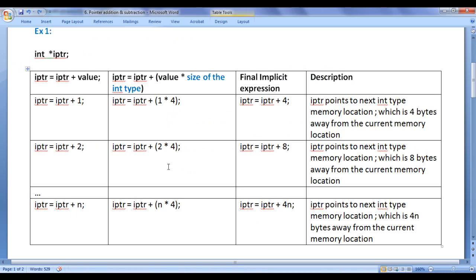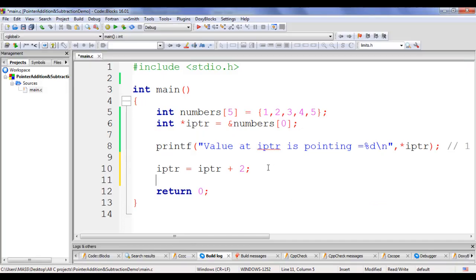We know that implicitly it is expanded to IPTR equal to IPTR plus 2 multiplied by the size of the integer type, which is 4, and the final implicit expression will be IPTR equal to IPTR plus 8. 2 into 4 is 8.